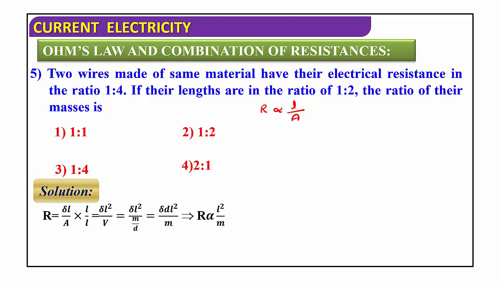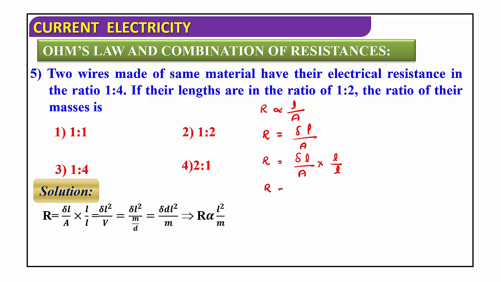This equation we already studied, or it can be written as R equal to, instead of the proportionality sign we can use a proportionality constant, ρL divided by A. So this ρ we can call resistivity, right? Or this equation can also be written as R equal to ρL divided by A, multiplying and dividing by L. What is the answer here?